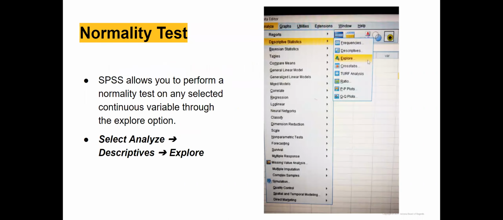One of the most common descriptive statistics we can do is the normality test. A lot of statistical tests, like t-test and ANOVA, require that the data you are using should be normally distributed, like it should follow this bell curve distribution. To test whether your data follows this normality assumption or not, you can simply go to analyze. So again, going to analyze, descriptive, explore,